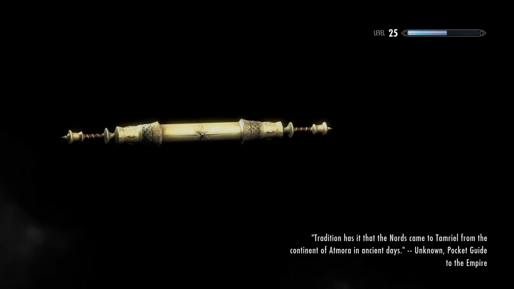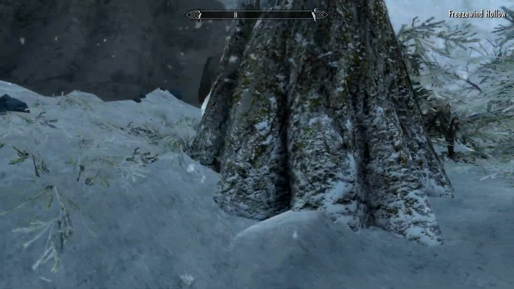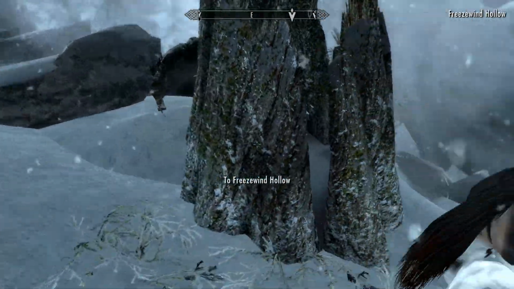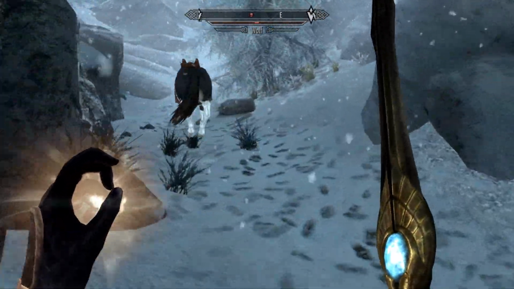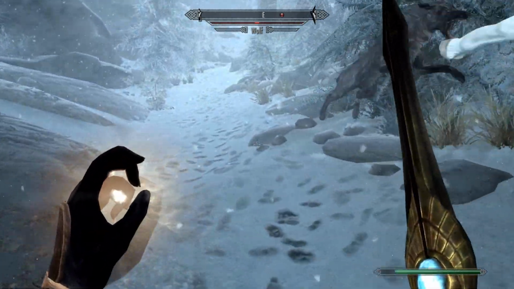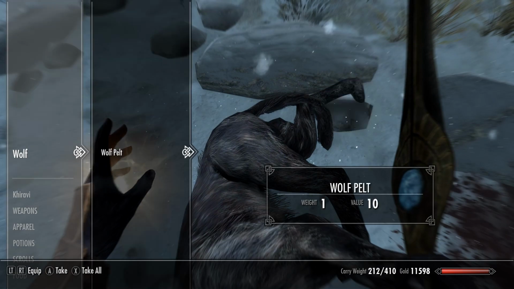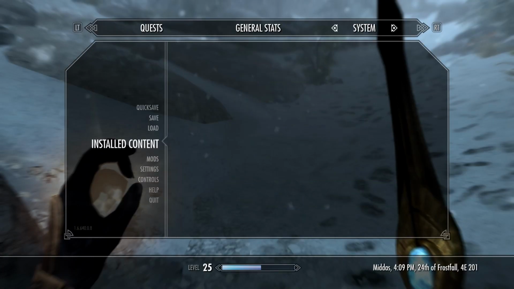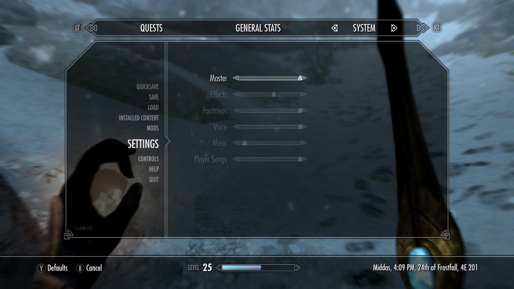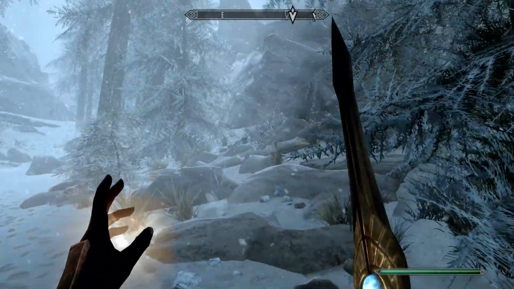So yes. Why are you running away? What is happening? Oh, there's a wolf. Okay, I was like, what? There we go. The effects are very loud. Like, the wind is very loud. I feel like I should turn it down. It's very loud in my ear. I don't know if that's the same for you. I don't know if that was a good choice or not, but...